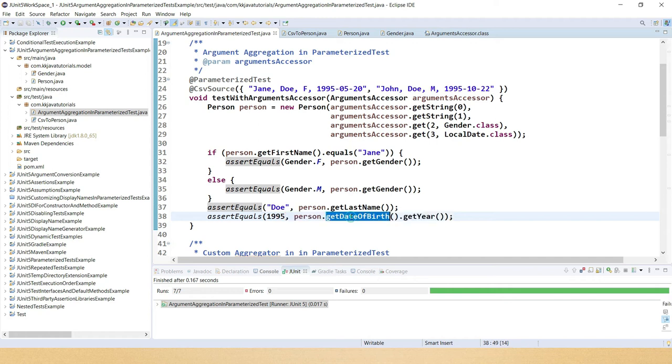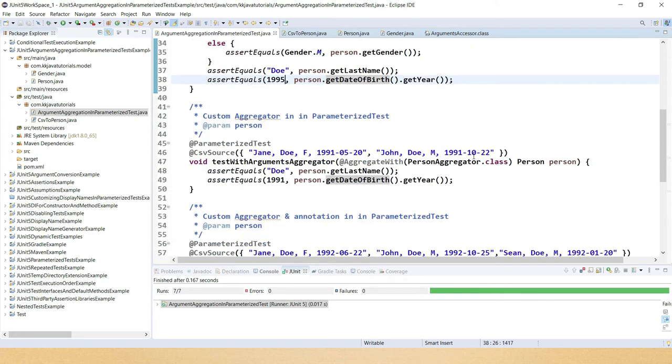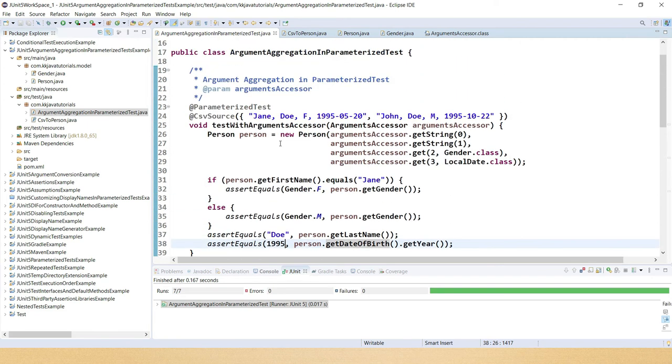I am extracting the year from the person's date of birth and comparing it with this year. So it's pretty straightforward. This is the first way. Second approach, what you can do, you can create one aggregator class rather than, if you adopt this approach, then